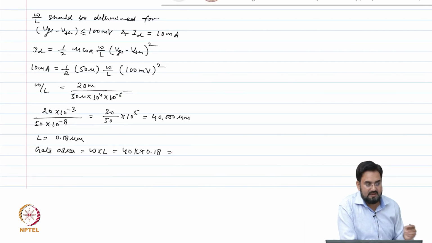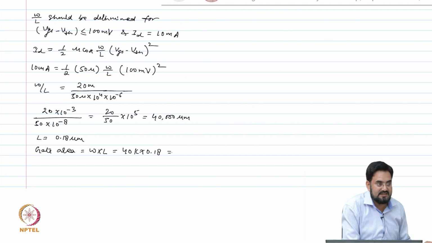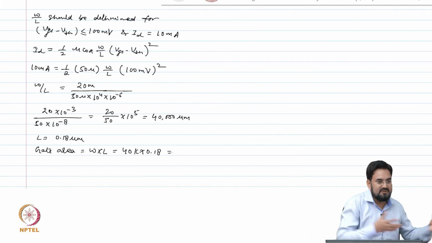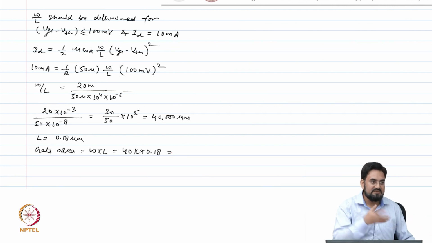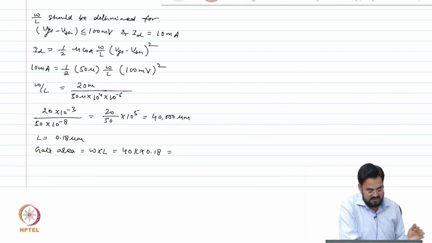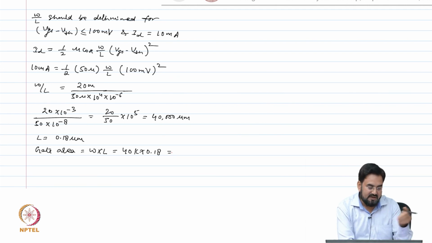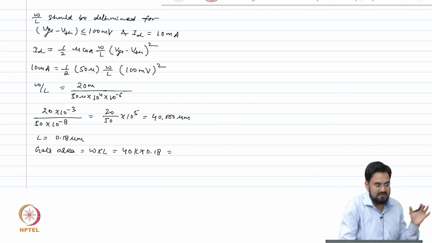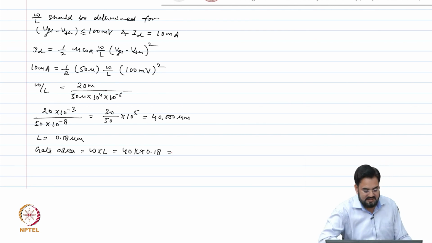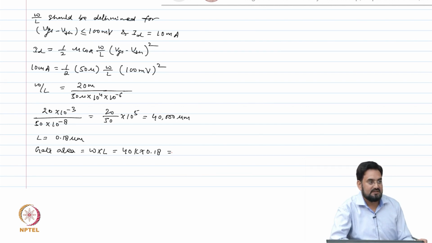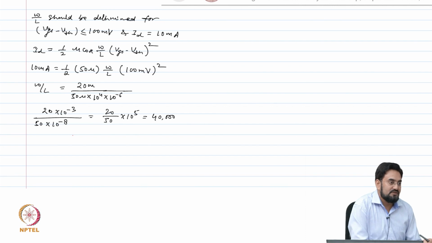No, for this we are not assuming 1 micron, because this device is very large. So for power FETs you usually keep minimum channel length, otherwise your area will be bloated. Your chip size will be very huge. So for power FETs we usually consider minimum channel length. For those smaller devices you use a larger channel length, but for power FET you don't, because this is a driver which is basically driving very high current. So this is your W by L ratio.